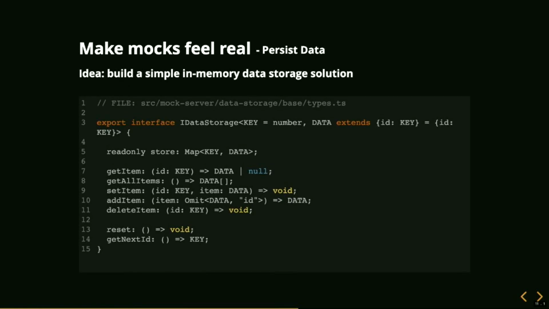Apart from the dynamic response, another crucial part of making mocks feel real is to persist the data, which is quite interesting in the context of a mocking server. The basic idea is to build a simple in-memory data storage solution which can be easily accessed and reset. MSW does not provide such a thing out of the box, so I got my own solution inspired by the standard storage API. So here is the interface of each data storage, assuming that there is an ID for all data